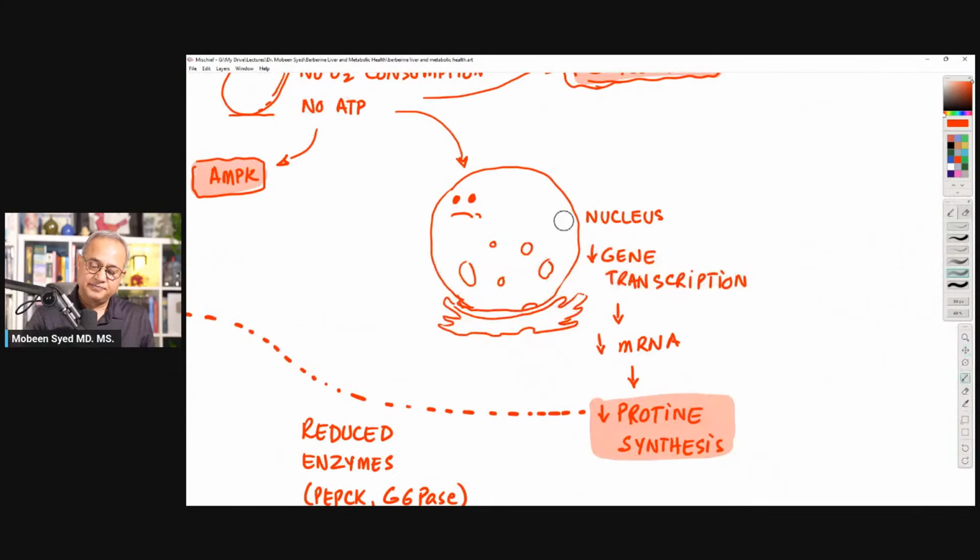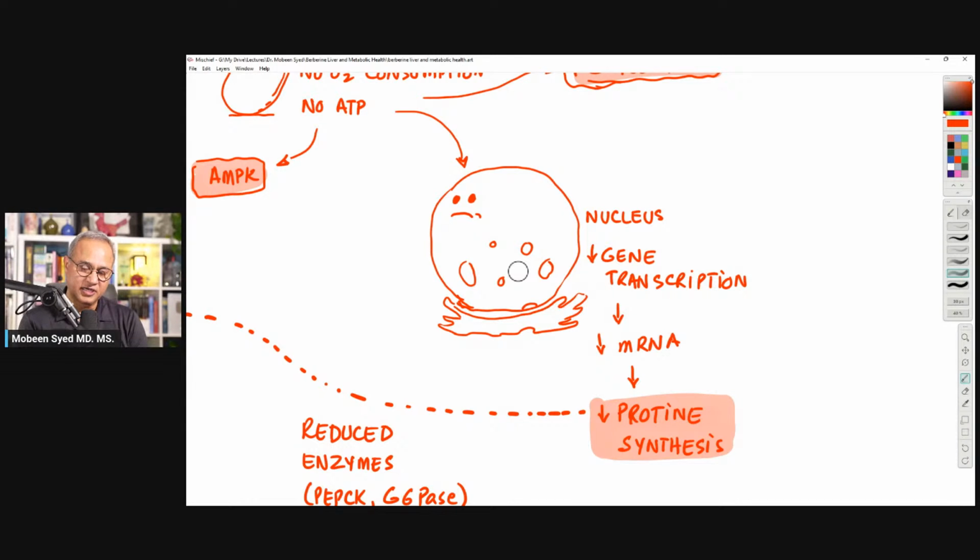Another thing that berberine does is that, of course, as it has reduced the energy, the nucleus of the cell senses the reduced energy as well. And it says, you know what? I should not make all kinds of proteins. I should only do most essential works. It is very similar to our behaviors as well. For example, if we run low on money, remember ATP is the money of the cell. If we run low on money, what will we do? We will do the most essential things and not spend money on less essential things. Same is the behavior of the cell.